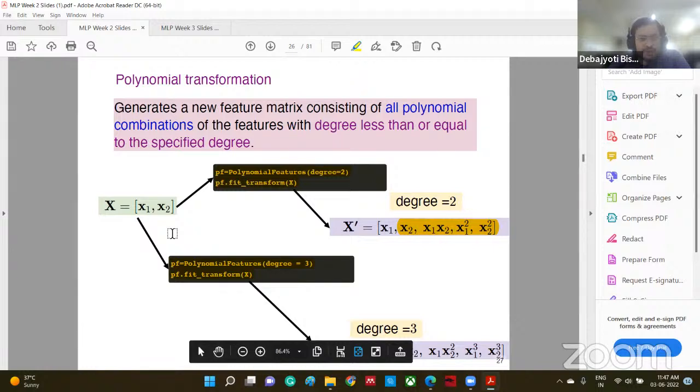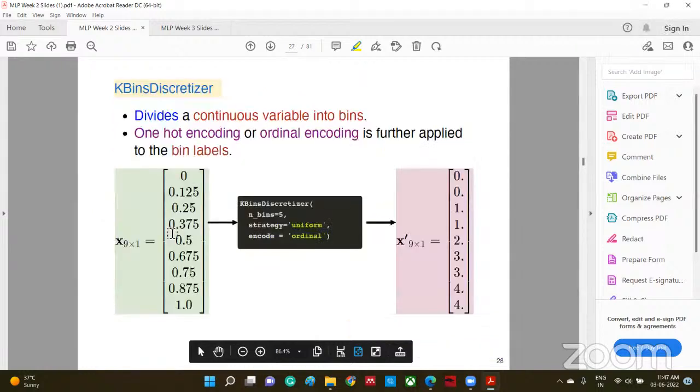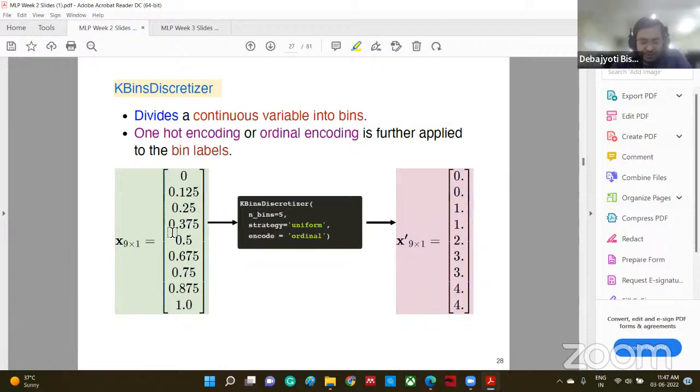Apart from that, you can check polynomial transformation. It won't be very difficult. It will be just application of the course that is taught in the slides and in the collabs. Okay. Then